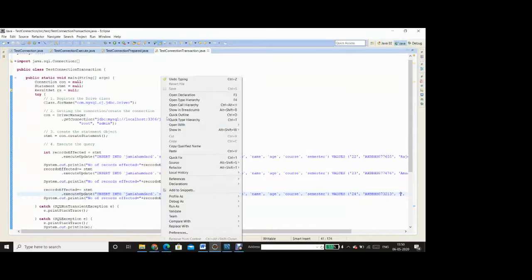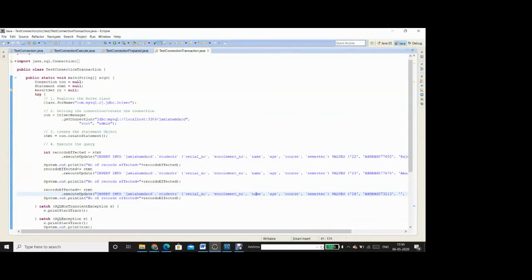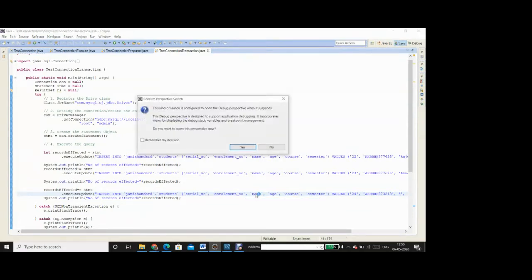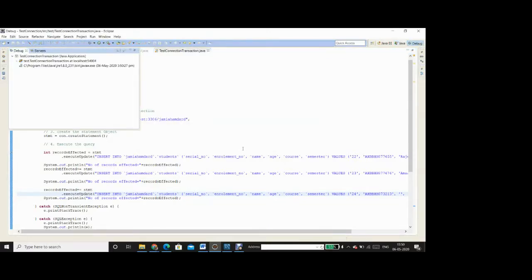So let me run this program in the debug mode. Instead of going as run as Java application, I will go debug as Java application. So this is what I am going to do. It will ask me to go to the debug perspective.